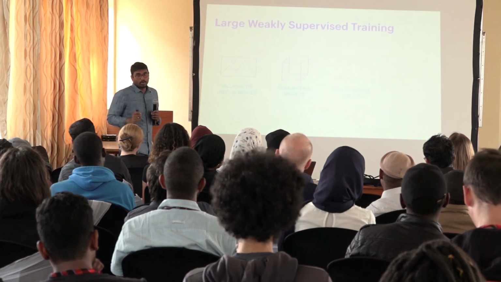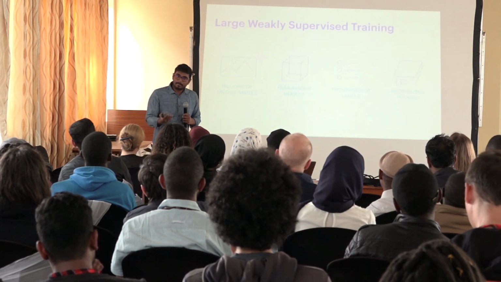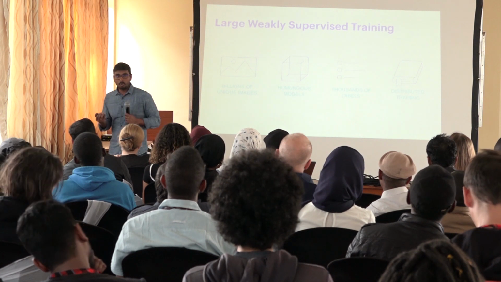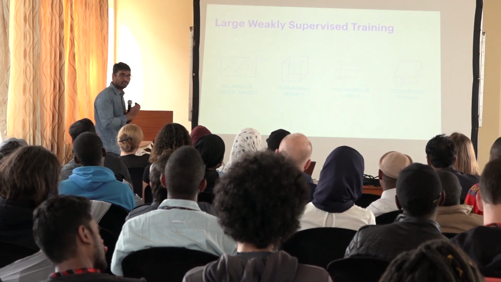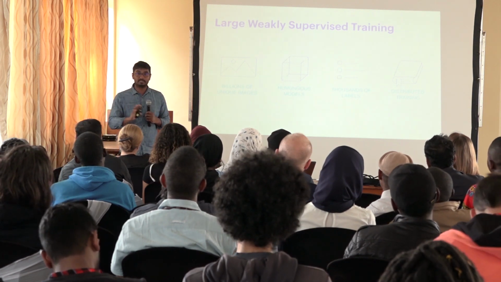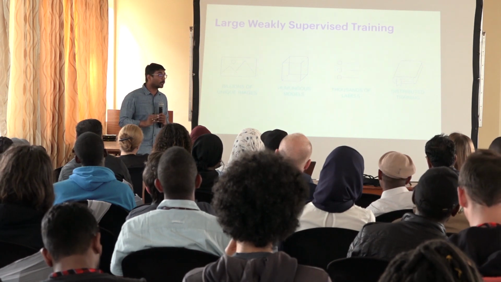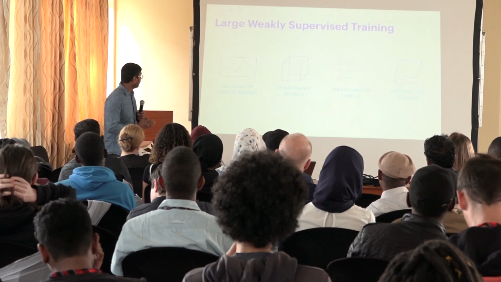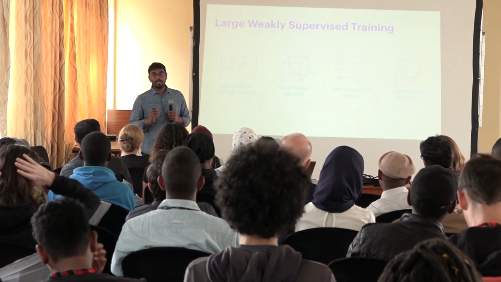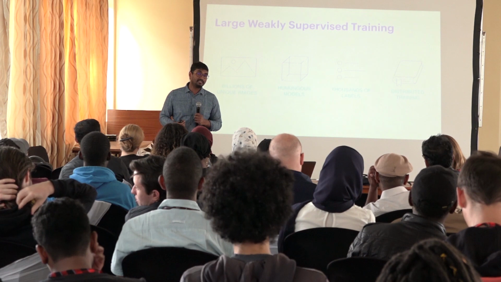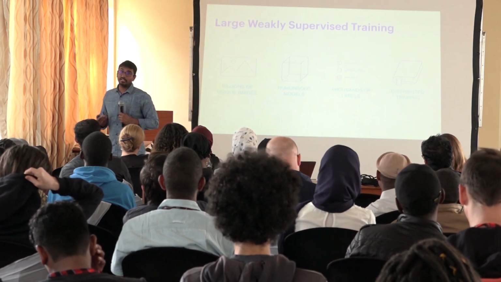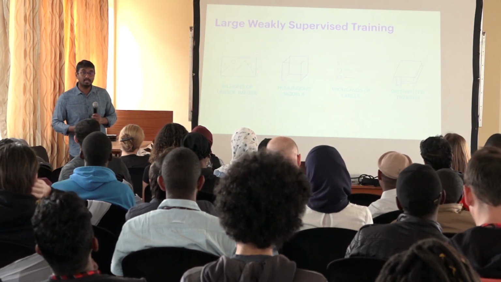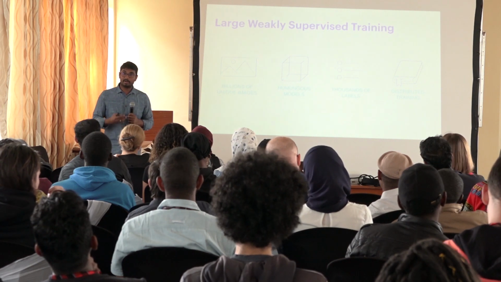I don't want to go into the details because many of these things are in the paper and you can always follow up, but the core essence of this work is we trained on billions of unique images. This is important, billions, not millions. If you train on millions, you're not going to beat fully supervised. You have to train on billions to beat fully supervised. We train on humongous models. Because we have data at the billion scale, we were able to train models that have much larger capacity, 10 times more capacity than you can imagine, like a ResNet 50 or a ResNet 18.